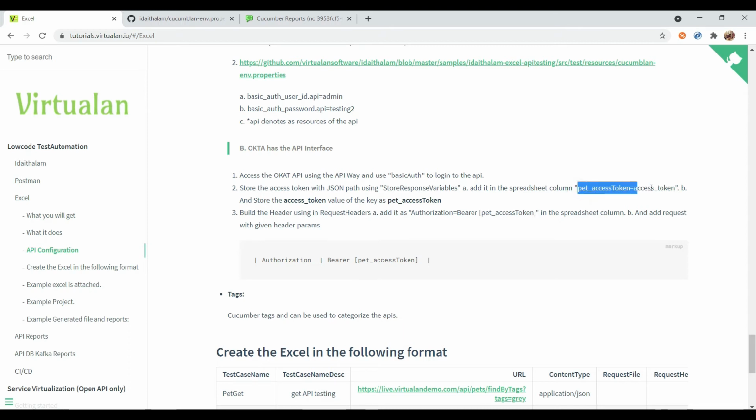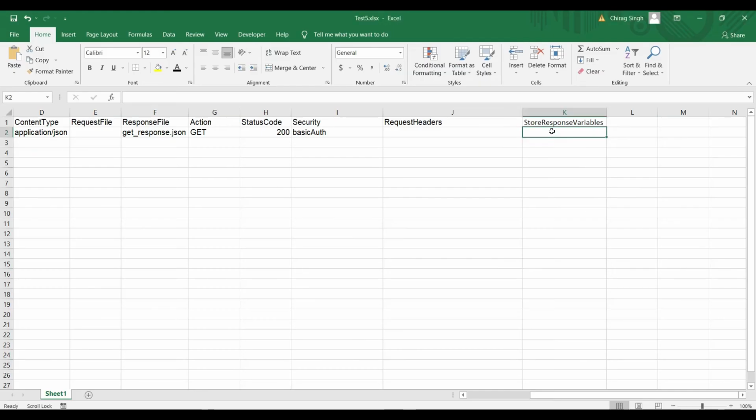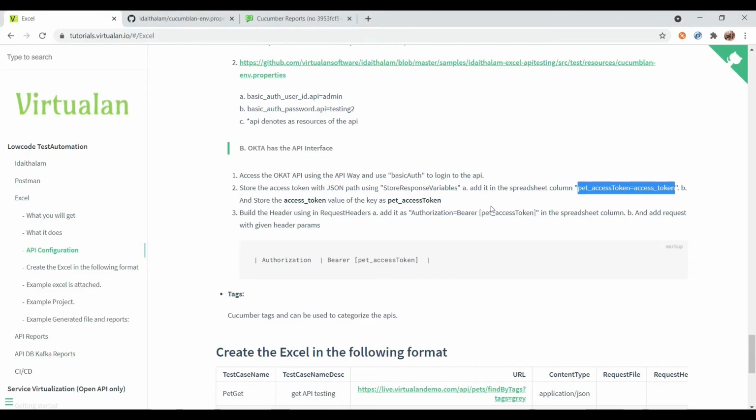I do not do much, I just copy this and paste it over here. Another thing they say is that the access token is a value and the pet access token is a key.